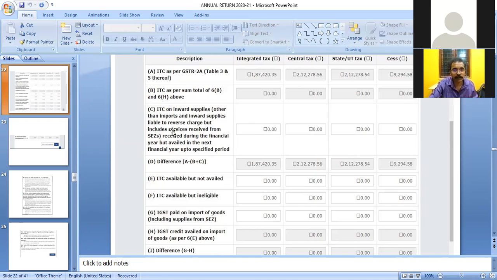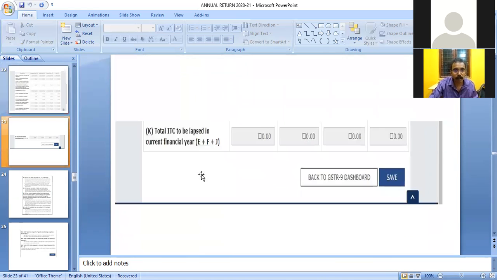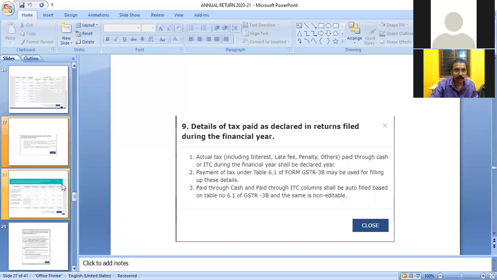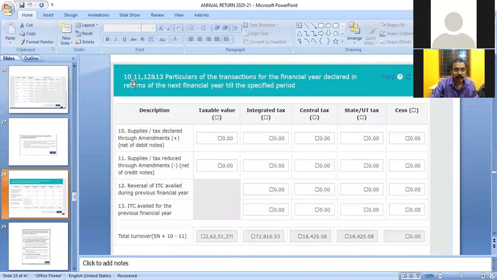This ITC is also to be shown in table 10, 11, 12, and 13, column number 13. Here also it is to be shown.